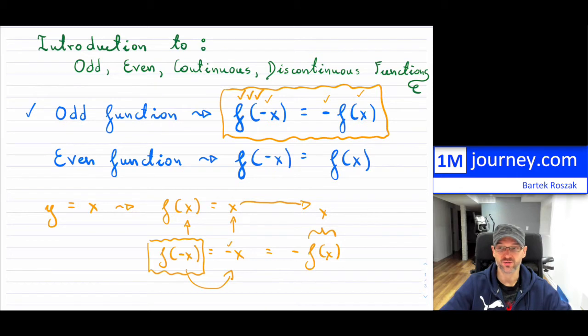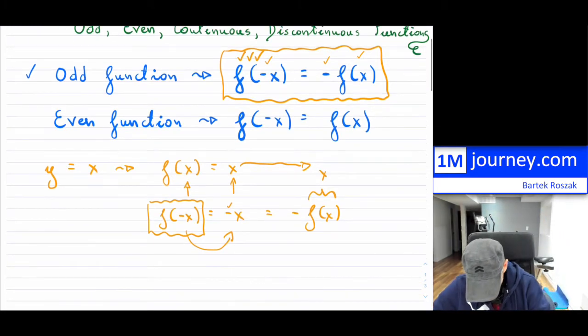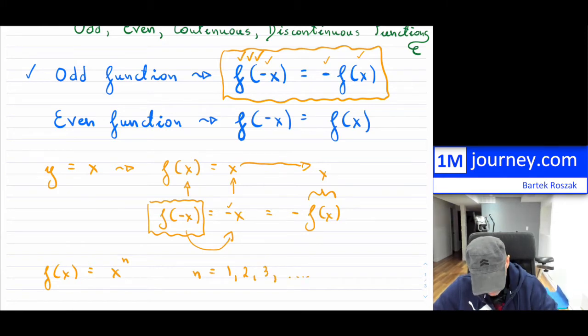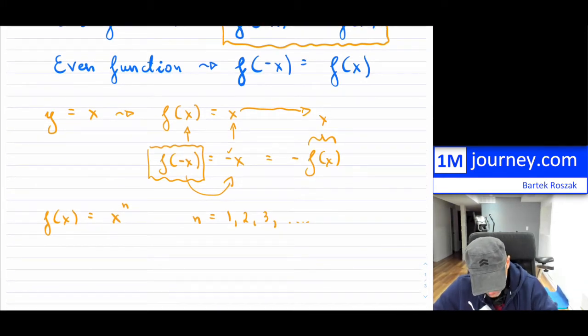Now, if you remember power functions, maybe I'll put up a link above, from grade 11, I'll simplify them a bit. Let's say they looked like this: x raised to some power n. Now n could have been 1, 2, 3, and so on. And now, if you take x and this n, where this n is actually odd,